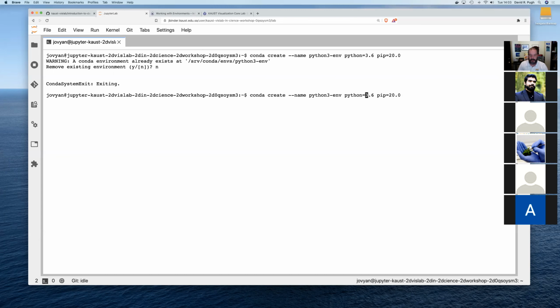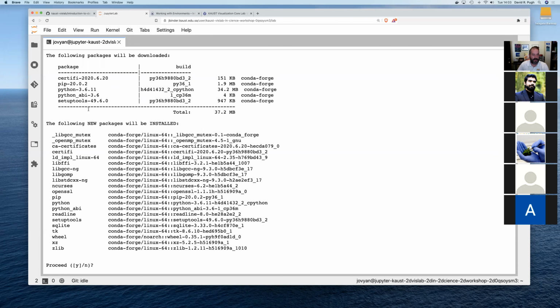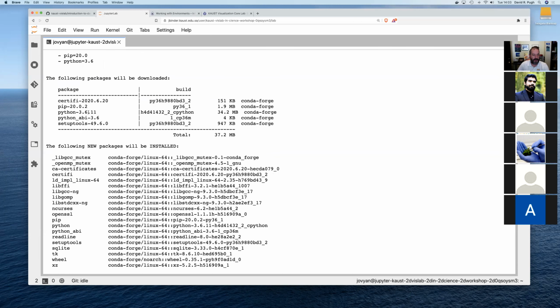Because what I should do is change the name of the environment. So this is a Python 3.6 environment, so I'll call it Python 3.6. And now if I hit enter, the same process is going to be done again by Conda. Notice that there are fewer packages to download. And that's because Python 3.6 and